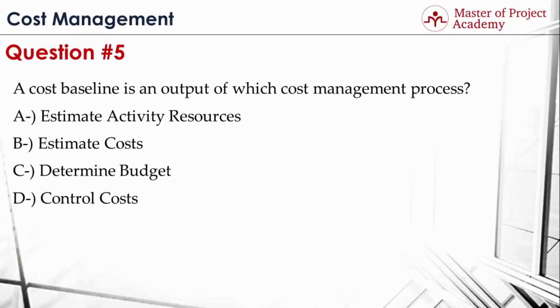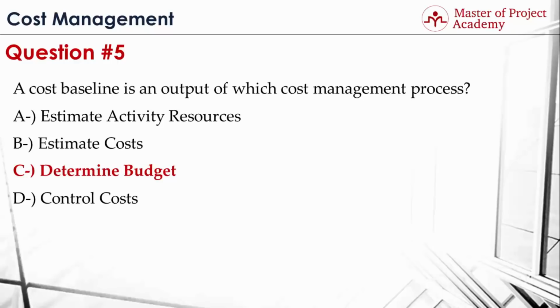Question 5. A cost baseline is an output of which cost management process? A. Estimate activity resources. B. Estimate costs. C. Determine budget. Or D. Control costs. The answer is